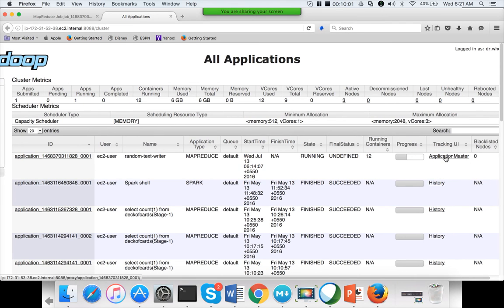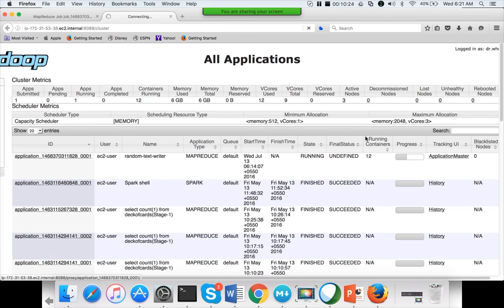Now if you see here, there is a URL for the application master, because they are giving a tracking UI for each of the jobs like this. The application master might run on any of the slave nodes. With the job tracker, the job management is done by one server, so the URL will be the same for all.